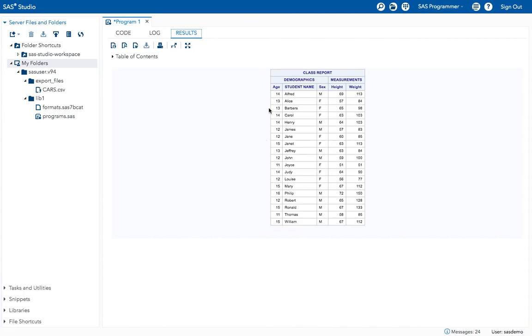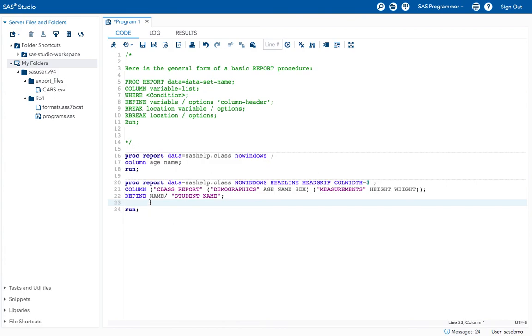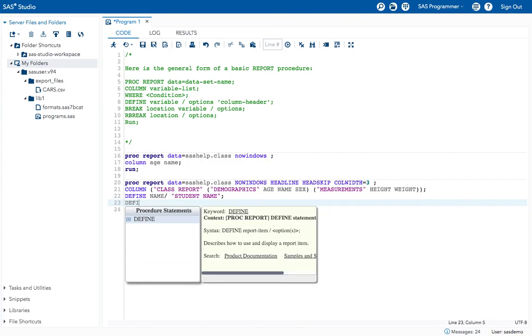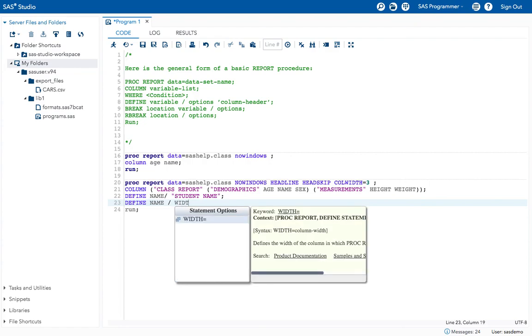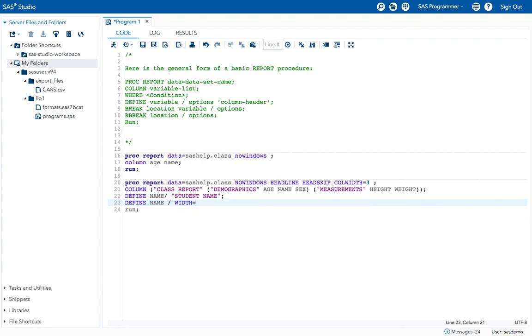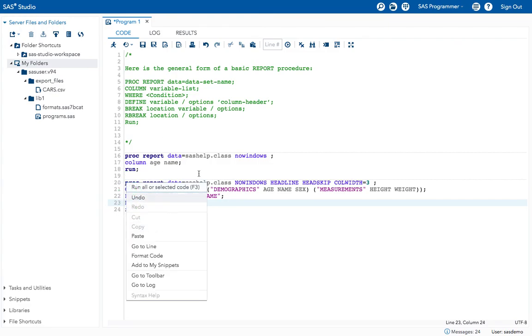But now I want to change only for the student name by using the define statement. How can I do that? Define name, give slash, and give width equal to any spacing number that is required. I will give 25. Okay, now execute the program.